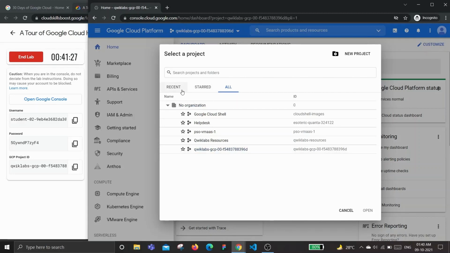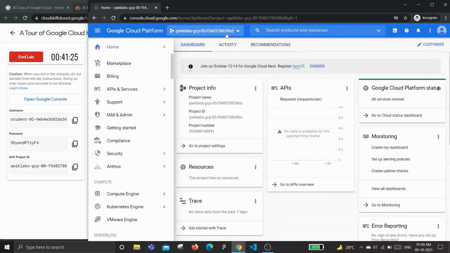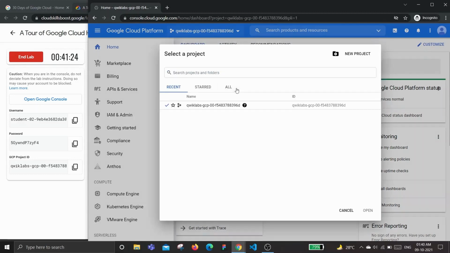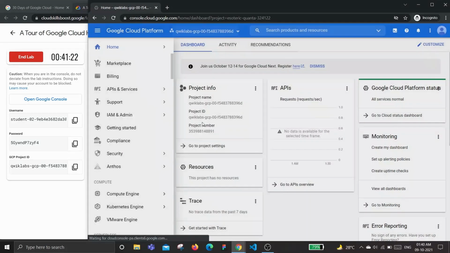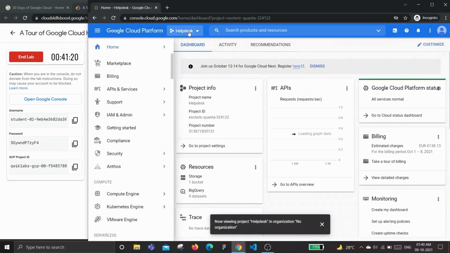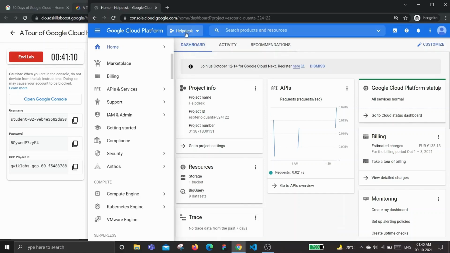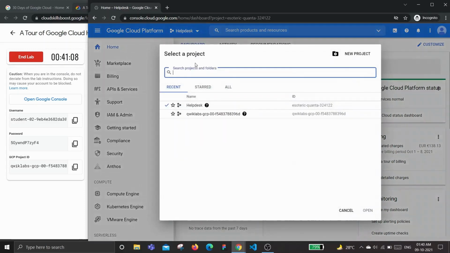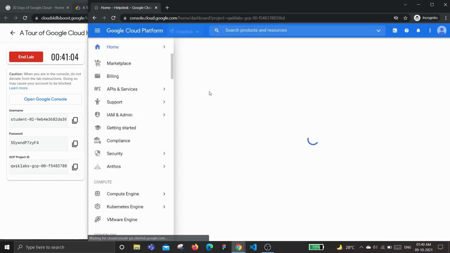So always make sure that you are in the correct project. For example, if I switch to another project, let's say I switch to help desk, now I'm in the help desk project. So whatever I do right now in the Cloud Console will be reflected in this project and not in the Quick Labs project. So always make sure you are in the correct project.